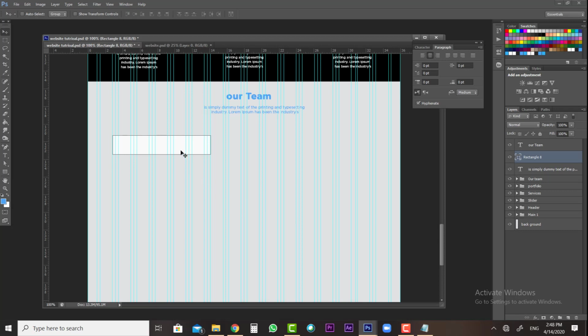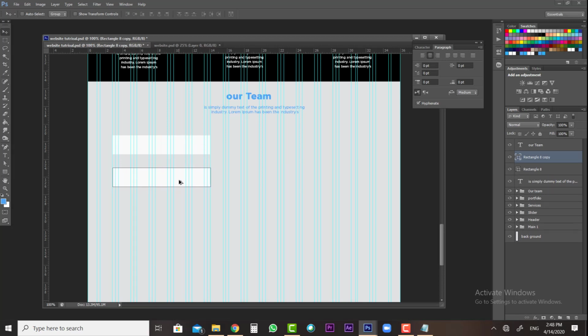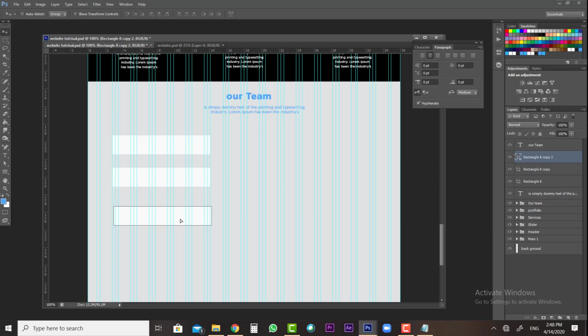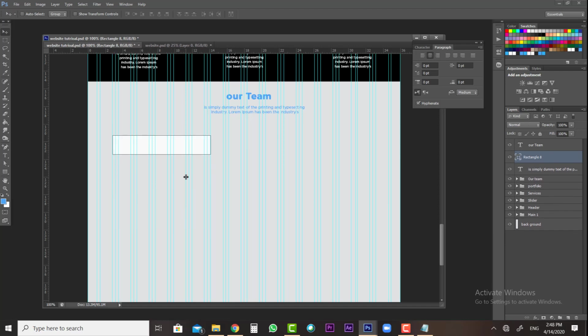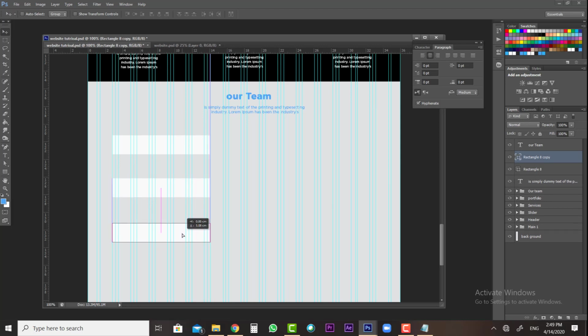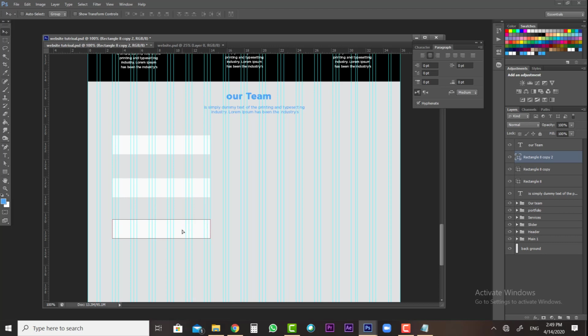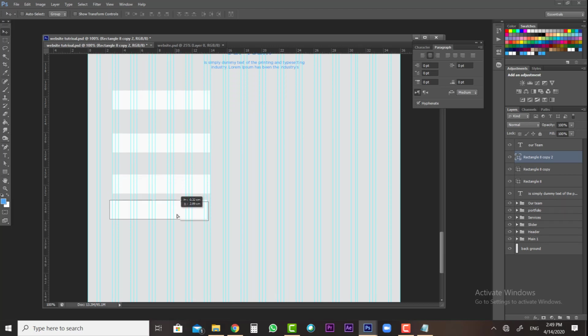Alright, and then let's duplicate this. Let's duplicate this to, for example, 3 copies, just like that. Then maybe one more copy here,